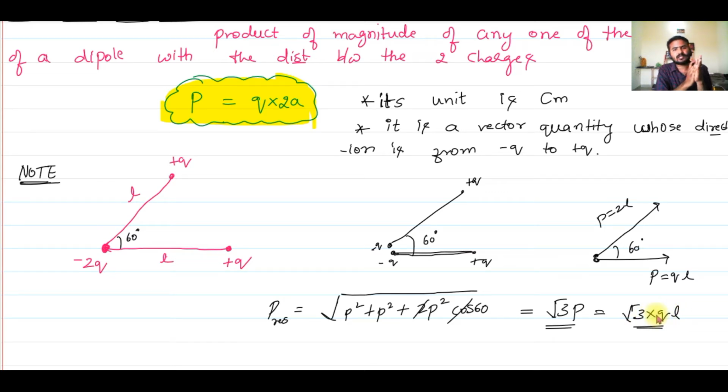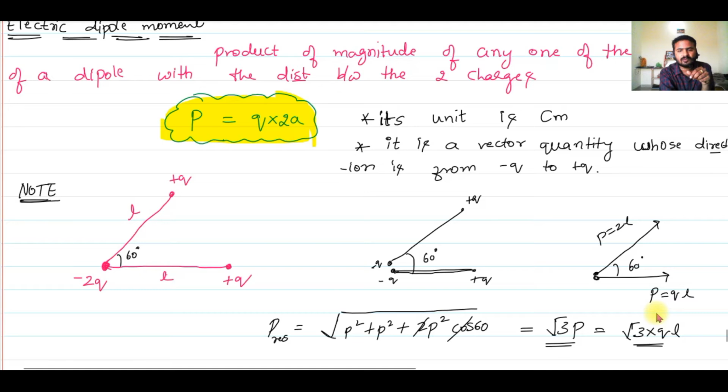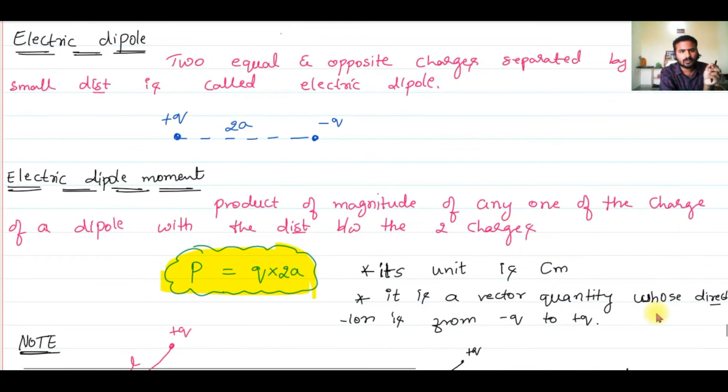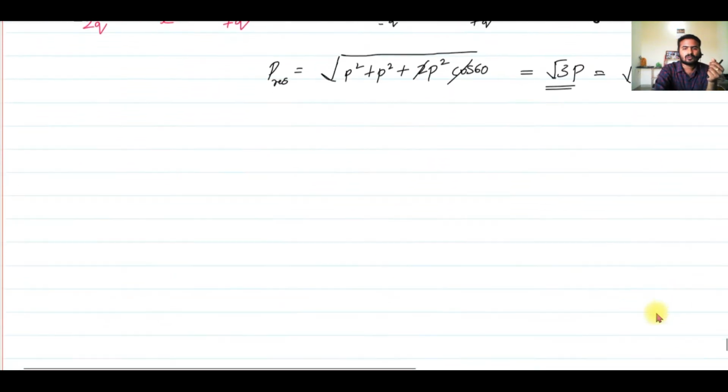These kinds of questions can be asked even in competitive exams, or even in boards. Now we discussed what an electric dipole is, and how we define the electric dipole moment of an electric dipole. We will go ahead and discuss the electric field along the axial line of an electric dipole. How do we find the electric field along the axial line of an electric dipole? This is a very important derivation, a 5 marks derivation, either in the CBSE board or in a state board.